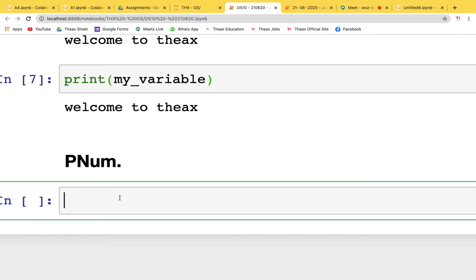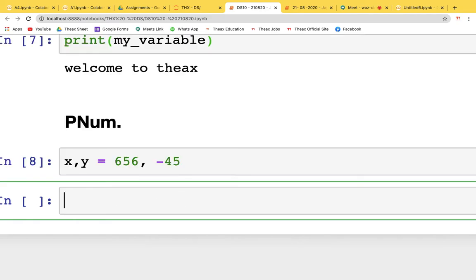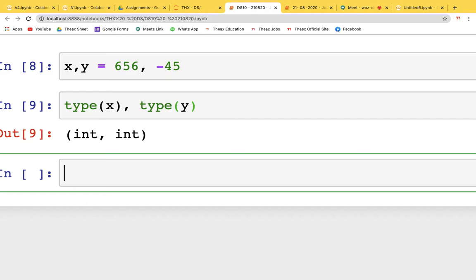So integers are all the numbers which are whole, right? That is whole numbers basically. Or else you can consider that all the positive numbers and the negative numbers which do not have any decimals or any fractional values are called integers, right? Let's say x and y, and I'm writing 656 and minus 45, that's it, right? So these are integers, right? For checking whether this is an integer or a float or a string or any kind of data type, we'll write type of x or type of y. So both are integer, right? You can even define c equals 0,